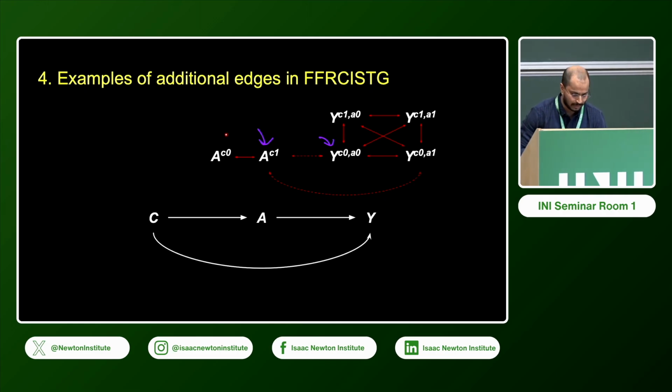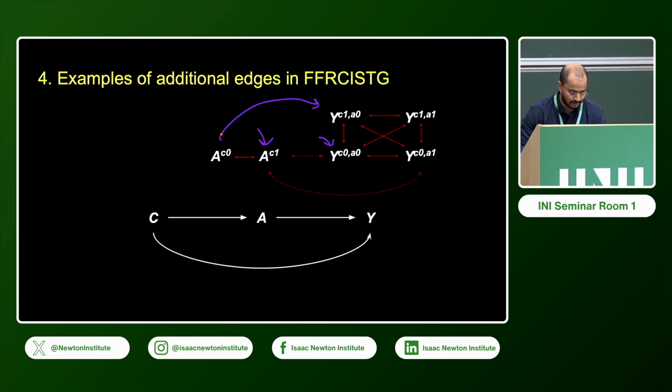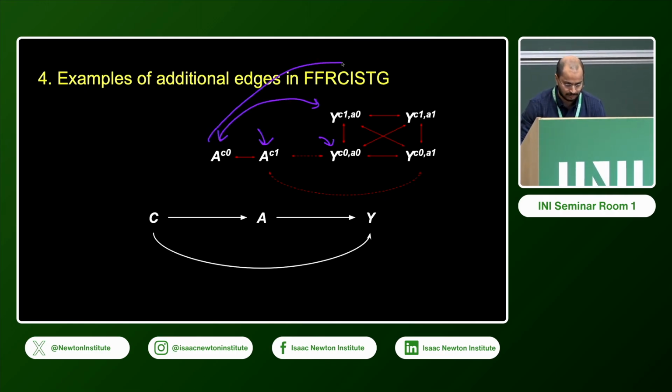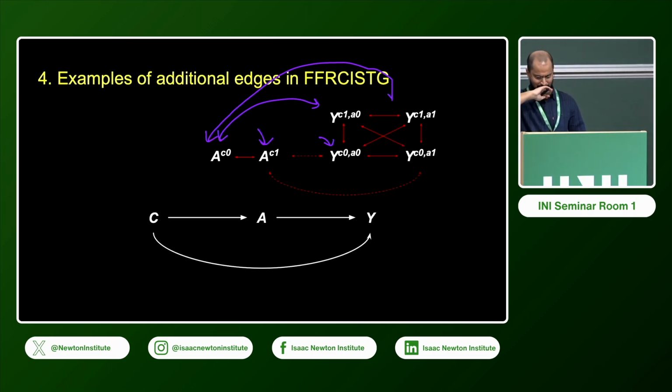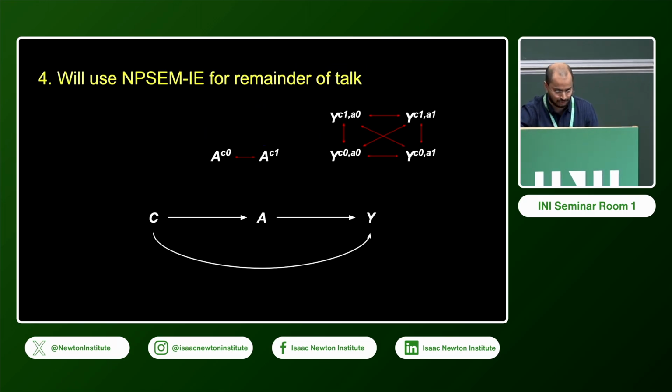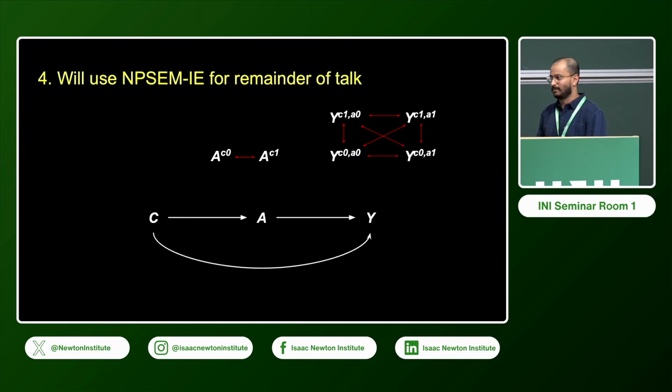And similarly, you might add a bidirected edge here, and then a bidirected edge here. You get the point. A_C0 and Y_C1,A1. Okay, but that's a lot of edges to draw, so I'm just going to use NPSEM-IE for the remainder